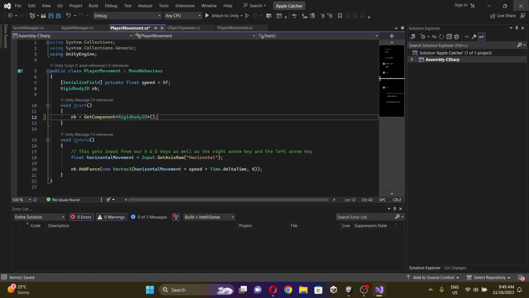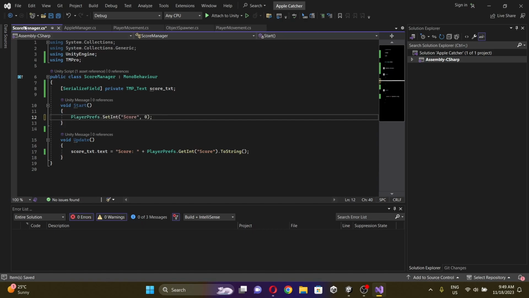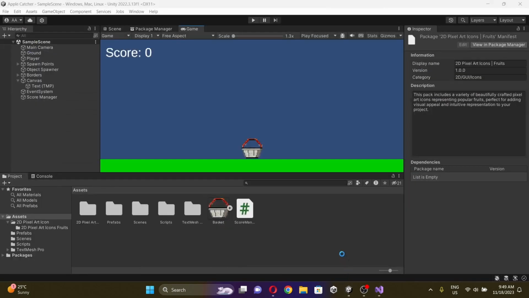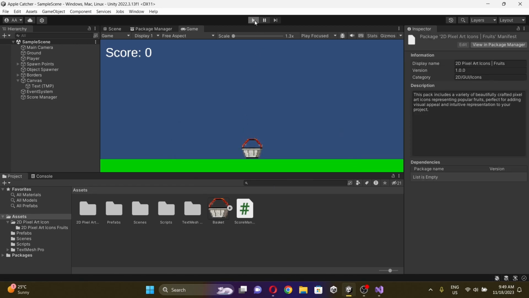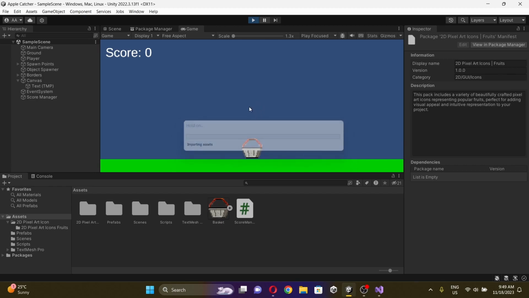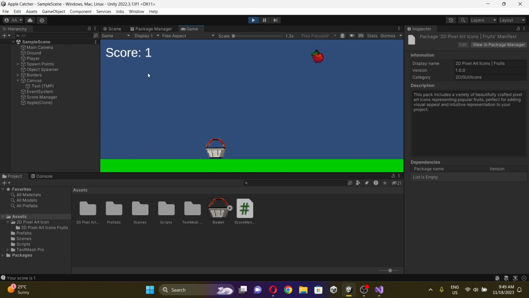so actually, let's move it from the player movement and go to the score manager, because that is the one handling the score, right? So that's why we place it there. And let's go ahead and press play, and now the score is being presented, and there you go, it works. When it hits the ground, it just gets deleted, and every time we catch it, the score increments by one. Okay, I got 8 apples. Okay, I'm just going to stop,